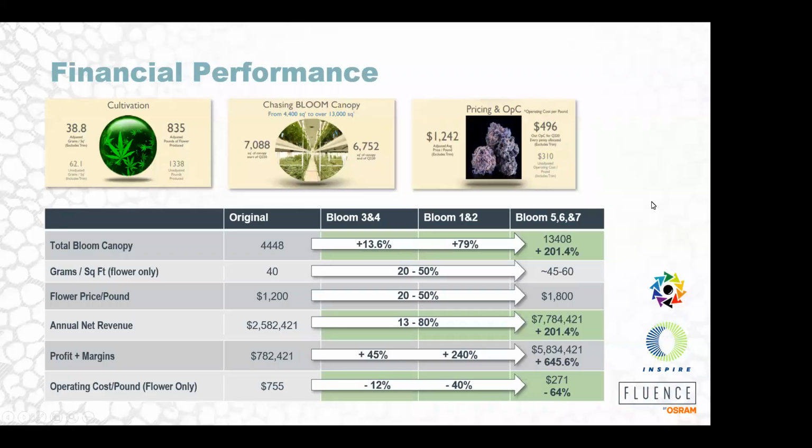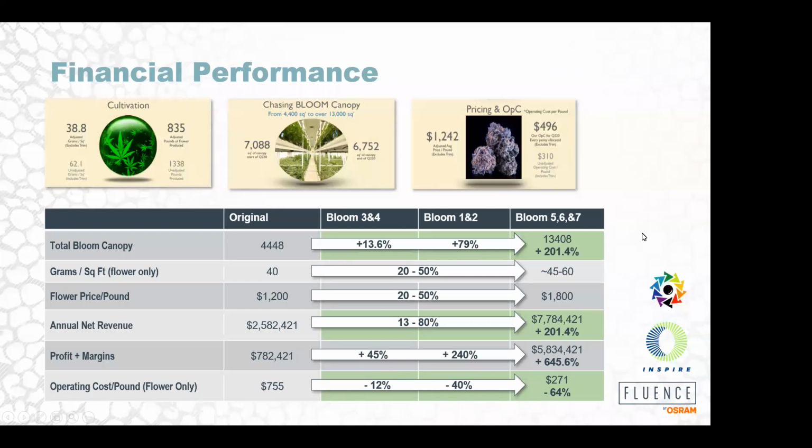So let's quickly walk through the numbers. As you see on the left, their original values, as far as the canopy, the grams per square foot of production, the price per pound of their dried flower, and the revenue and profit margins. As you can see, originally gaining $1,200 per pound at 40 grams per square foot with an operating cost of $755. So now as they were able to phase into these new efficient ways of production, right, you can see